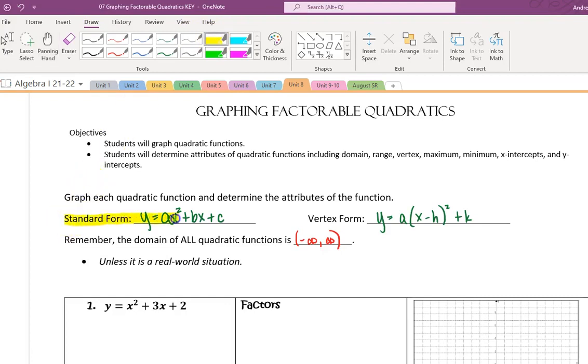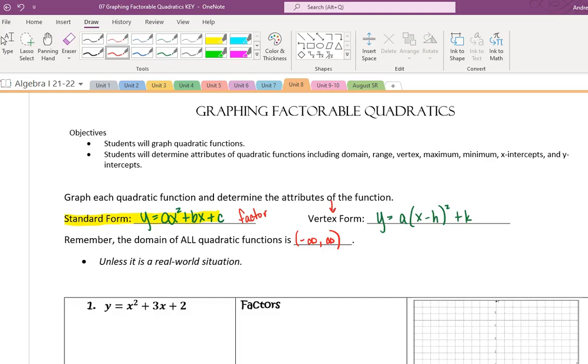Standard form of a quadratic looks like this, and remember you need this form when you factor, so you might have to do a little bit of algebra to get it to look like that. And then of course this one over here is vertex form. Just a reminder, you do not have to memorize those for any kind of standardized test because they will be